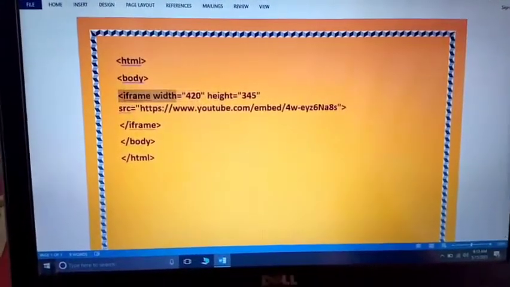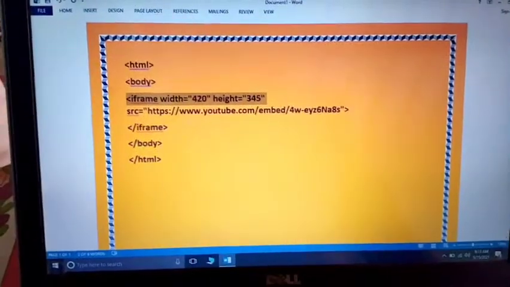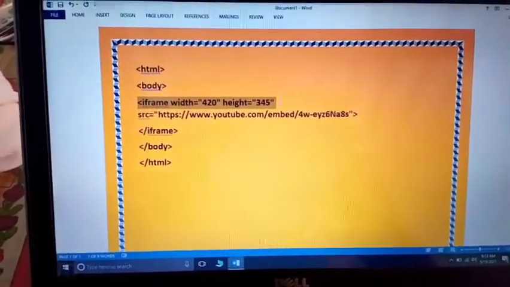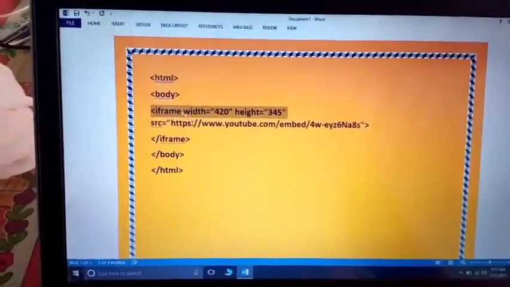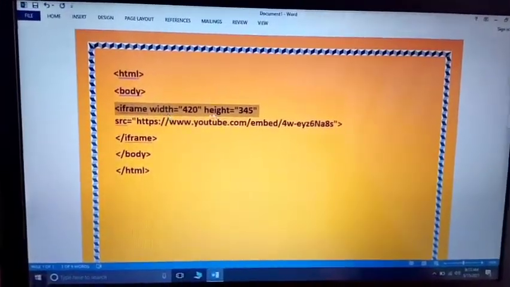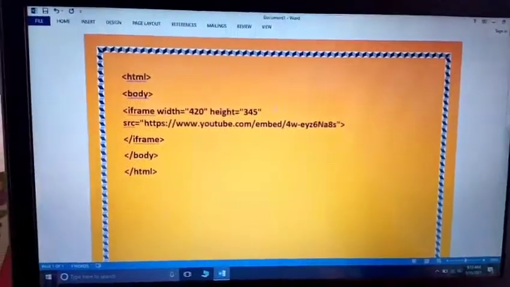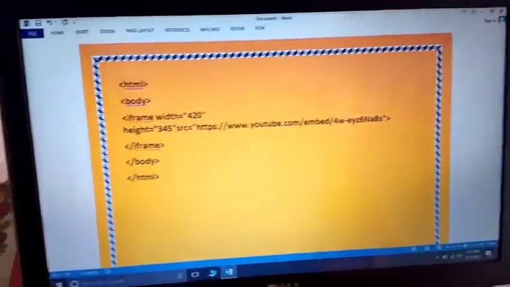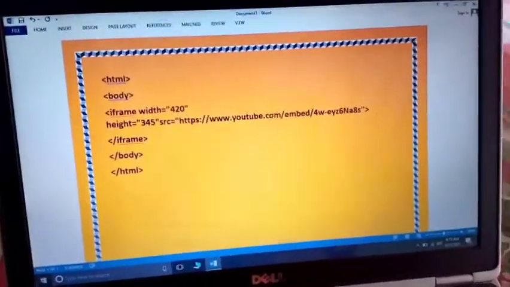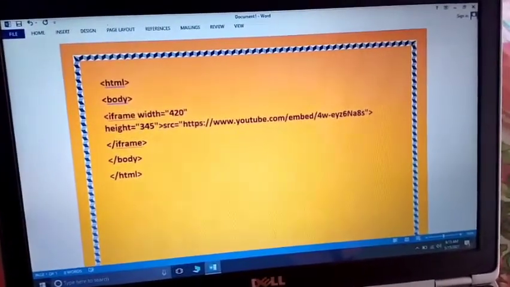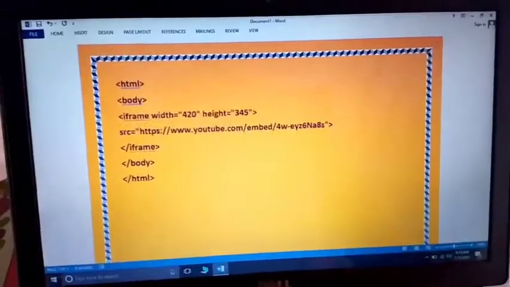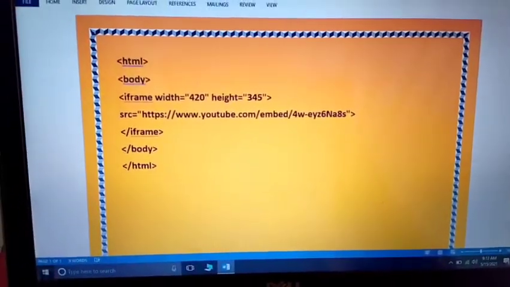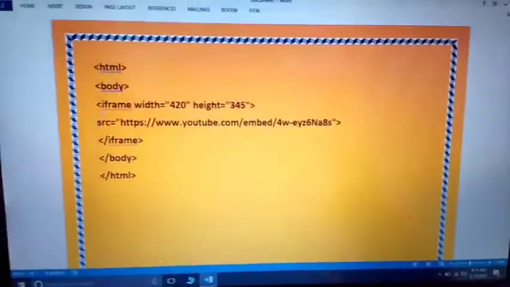So here we are using the tag iframe. So here you can see iframe, and next in the iframe we are writing our width and height. Here something is missing. Yes. So after width and height in the iframe tag, next we are writing our